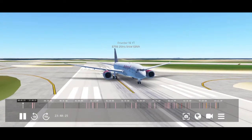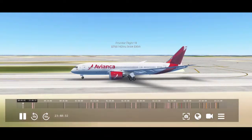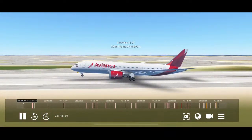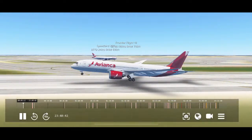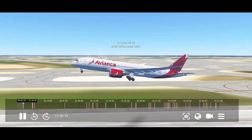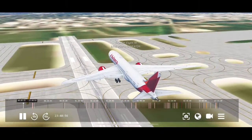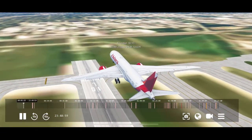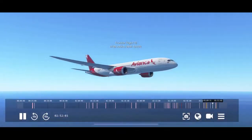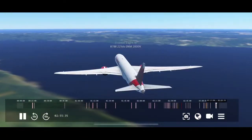Alright, come on. Hurry this up. There we go. This was a nice small cherry. Alright, 777. Fabian, that was a nice takeoff. Positive rate, and I probably said gear up right about now. Alright, and the landing was... oopsies. The landing was...